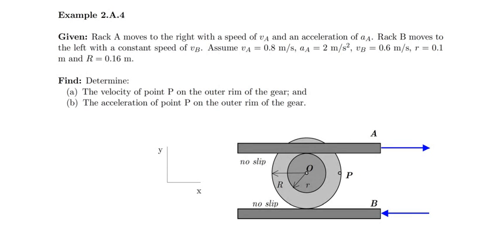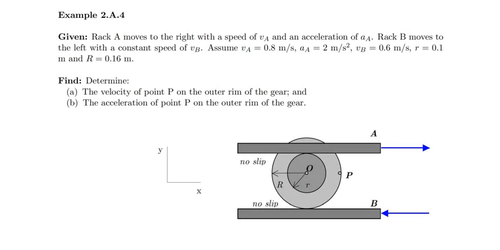Okay, well, welcome to this example. Today what we're going to do is look at a simple rack and pinion system. In particular, what we have here is a rack A, which moves to the right with a speed of VA and an acceleration of AA, and a second rack, rack B, which moves to the left with a constant speed